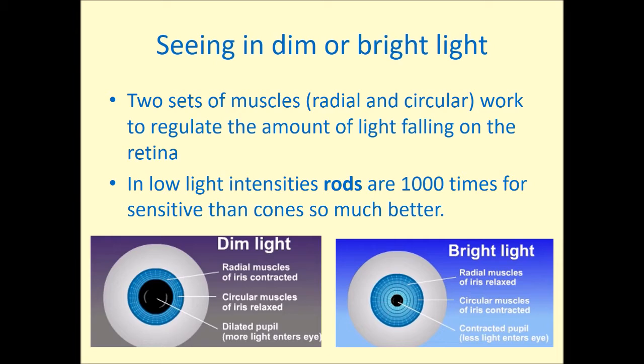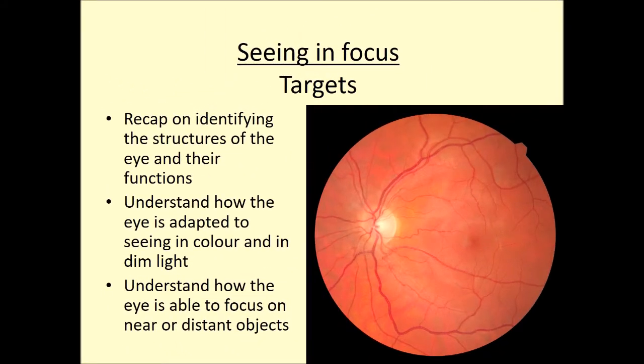We have two sets of muscles that allow us to change the amount of light that is coming into the eye. In low light intensities, rods are more sensitive than cones. So rods are able to distinguish between light and dark. If it's dim light, the muscles around the iris contract to allow more light to go into the eye, and that's why we say it's dilated. It's one of the reasons why the first thing we do to check someone's reflexes in an emergency is shine a light in someone's eyes, because if they have the reflex to contract the pupils, so allow less light to enter when you stimulate it with light, it means that